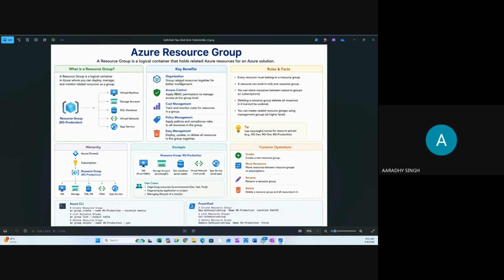Okay, what is the benefit? It is mainly used to organize the resources. Access control: in case you're planning to apply any policy, you can apply a centralized policy. Suppose I'm planning to apply a common policy for 3,000 resources. You don't need to apply that policy on individual resources. Just apply it at the resource group level, and it will be applicable for all the 3,000 resources available under the